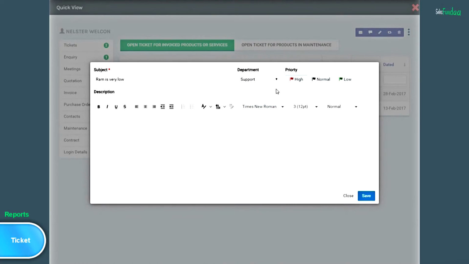You can also set the priority. For example, if the complaint is of high priority, then you can select high. If it's of normal priority, then you can go for normal. In case it's of low priority, then you can select this option, low. You can write description of the complaint in detail here. For example,